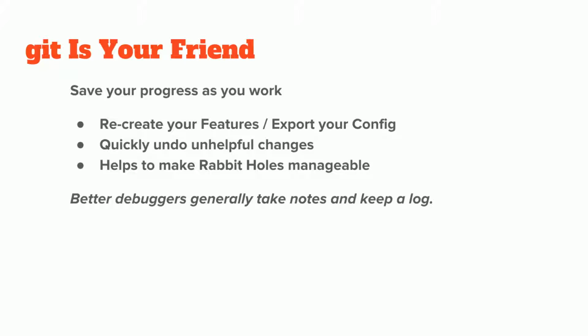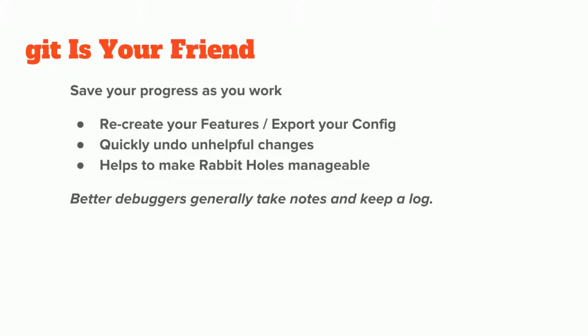So now we're going to get into some of the tools. If you didn't know, Git is your friend. Git, of course, is the command line, and they have some GUIs for it. Version control system. It lets you take a snapshot of your code at an exact moment. And one of the things that it helps you do is save your progress as you work. So if you're in Drupal 7 and you're using features, if you're in Drupal 8 and you're using config management, when you're making these changes in the database, the one good way to visualize the differences is to re-export them every time you make the change.